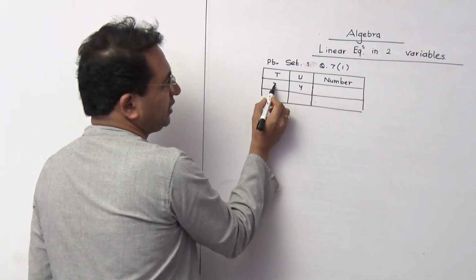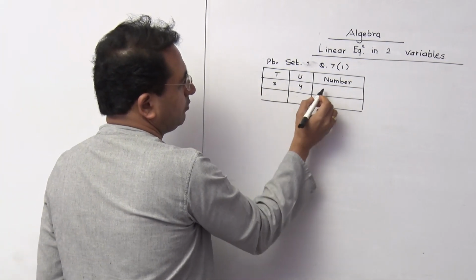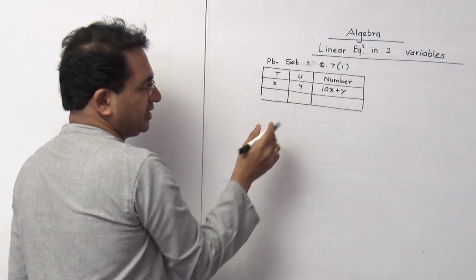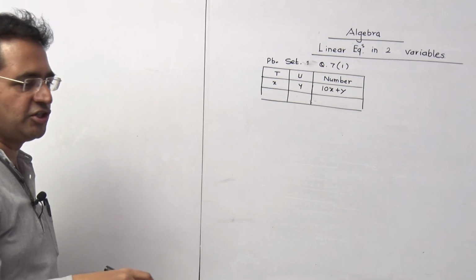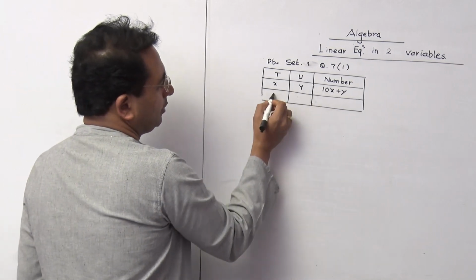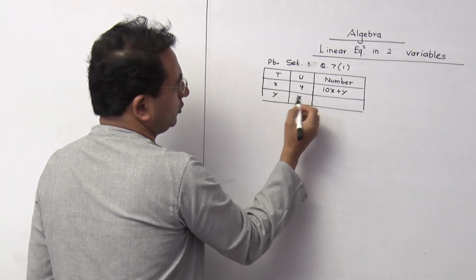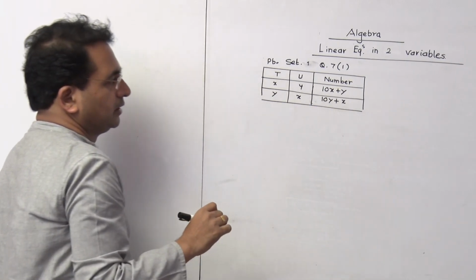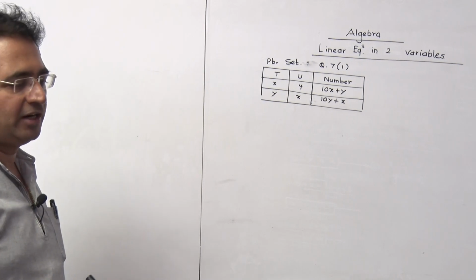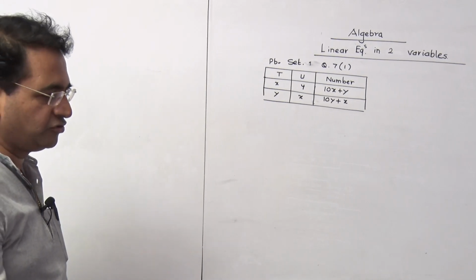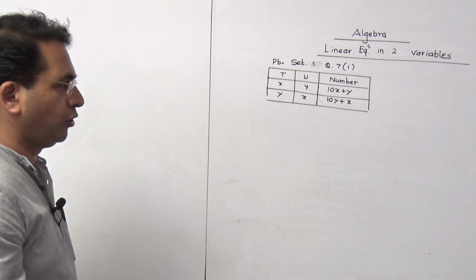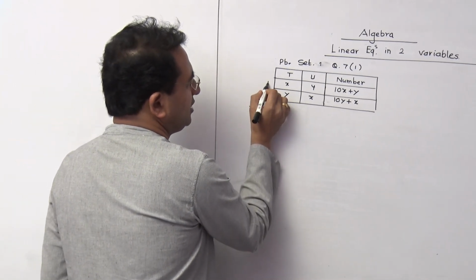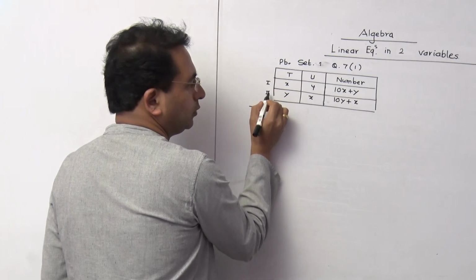Now if the digit in the tens place is x, then the number is going to be 10x plus y. And there is some condition of interchanging the digits. So y will come here, x will be taking this place. So the number will automatically change to 10y plus x. See, I am telling you this part to prepare it on the paper just to avoid confusions later on. So my first statement is based on this condition number 1, not 2.